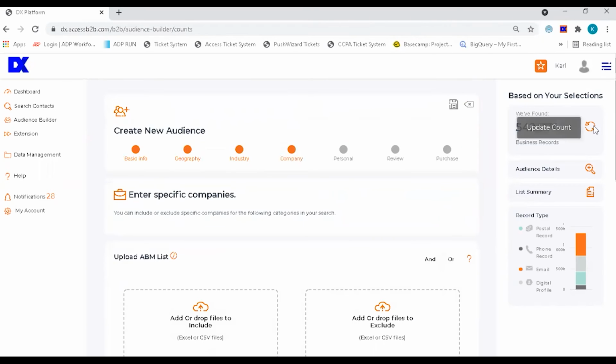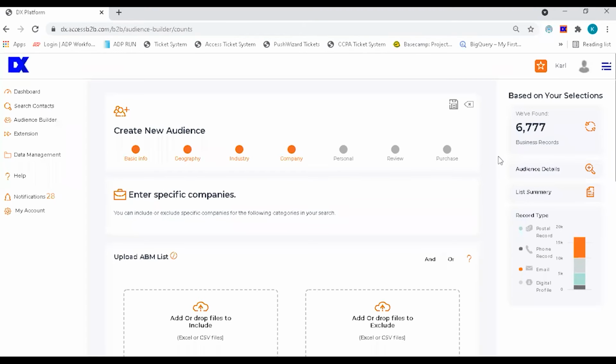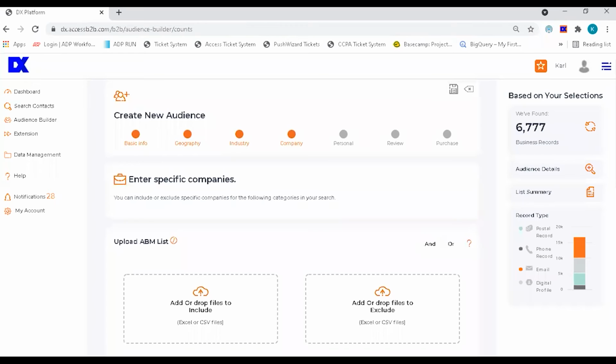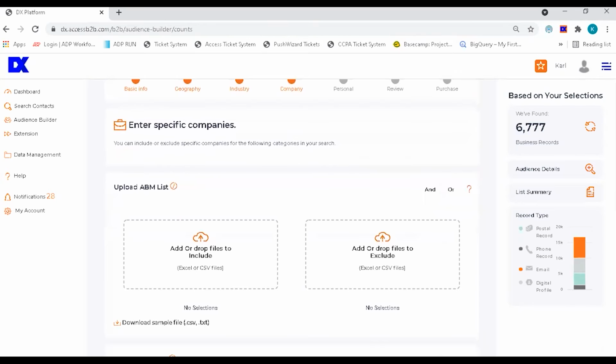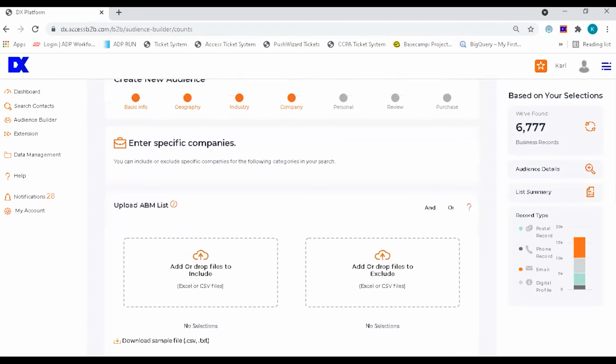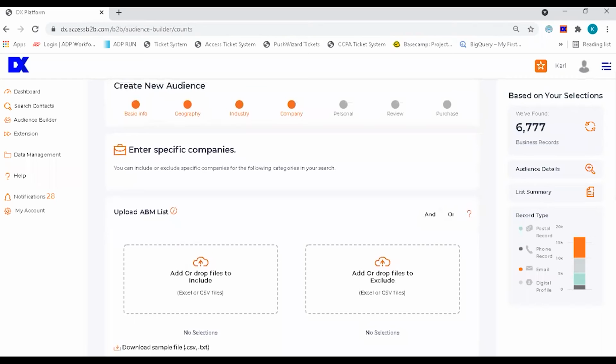Let's continue. Give a quick count update, see how that's affected. Again, I've limited my count to 2 per company, so we'll bear that in mind. So far, we're looking at 2 per company within Texas, California, and Florida for the SIC 55 auto industry. So we also have company, and next we'll have the more individual level selections, but this is where we start to get into some of the B2B